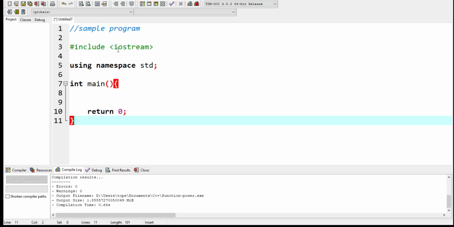So we have the comment, we have the include iostream for cin and cout. Then we have using namespace std, our main program, and the return 0. Okay, to use the class,